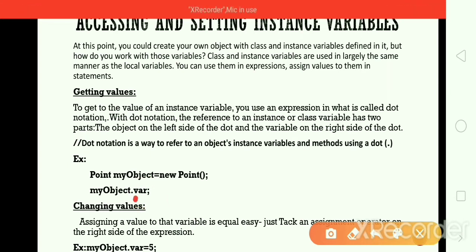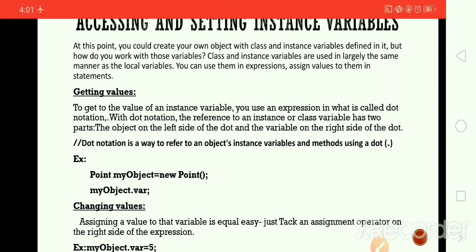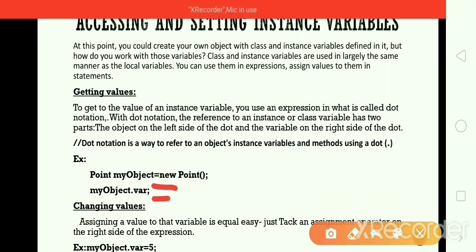Now, changing values. Assigning a value to that variable is equally easy. Just tack an assignment operator on the right side of the expression. So how do you assign a value to your instance variable? It is very simple.